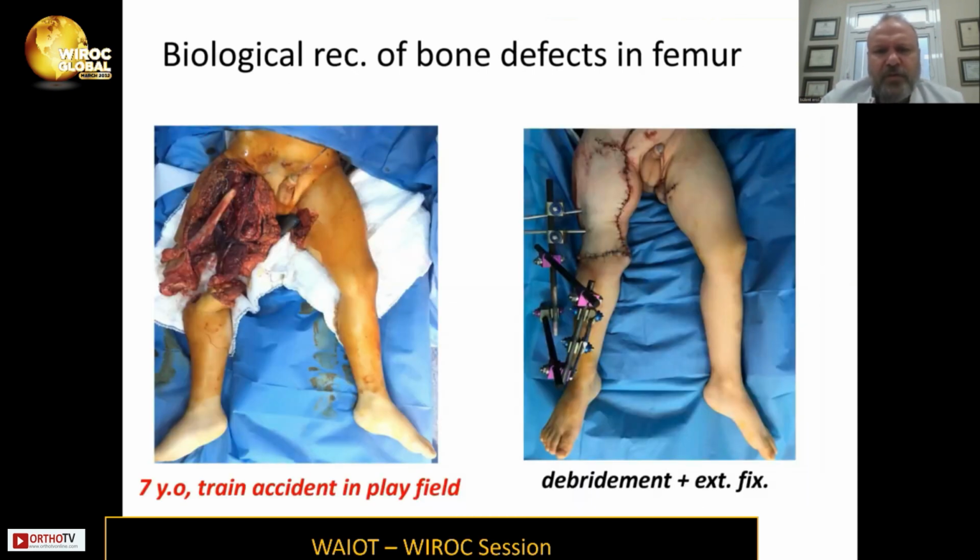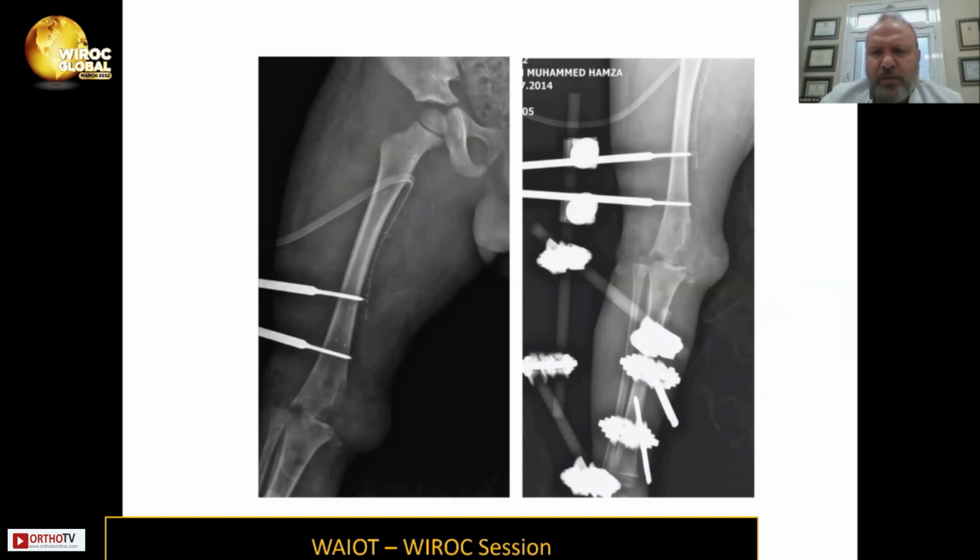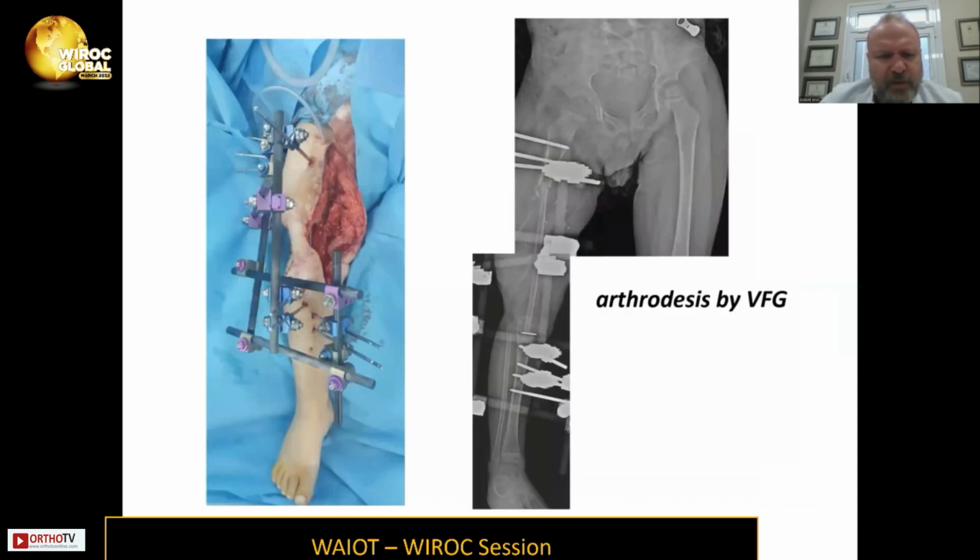And following lots of tumor cases, a trauma case in a pediatric patient, a 7-year-old child who had a train accident in a playfield, and you see the initial clinical photo. The whole femur, almost the whole femur, is exposed. Severe soft tissue damage. First, a serious debridement and an external fixation was applied. Then the patient underwent serial debridements, and